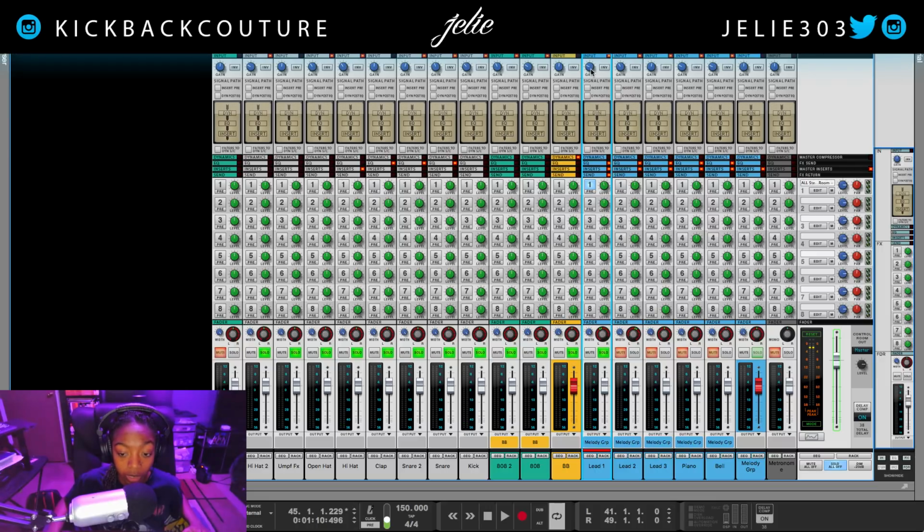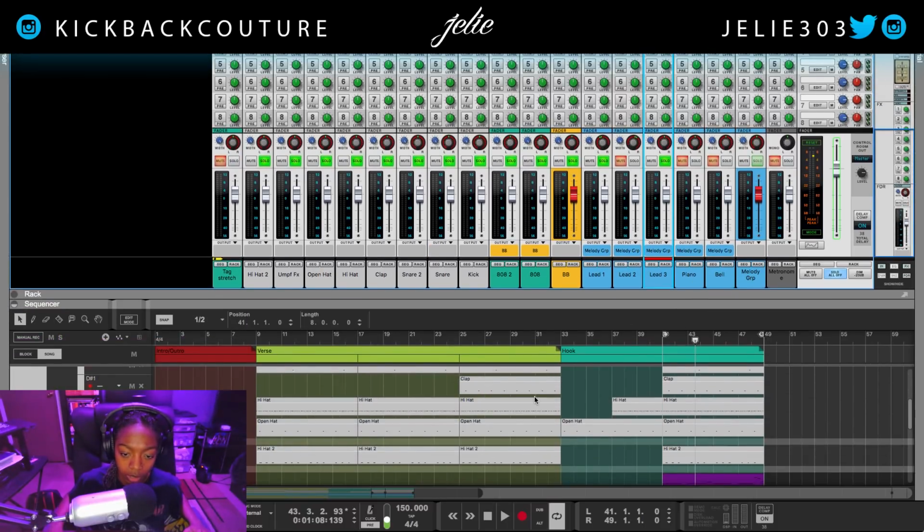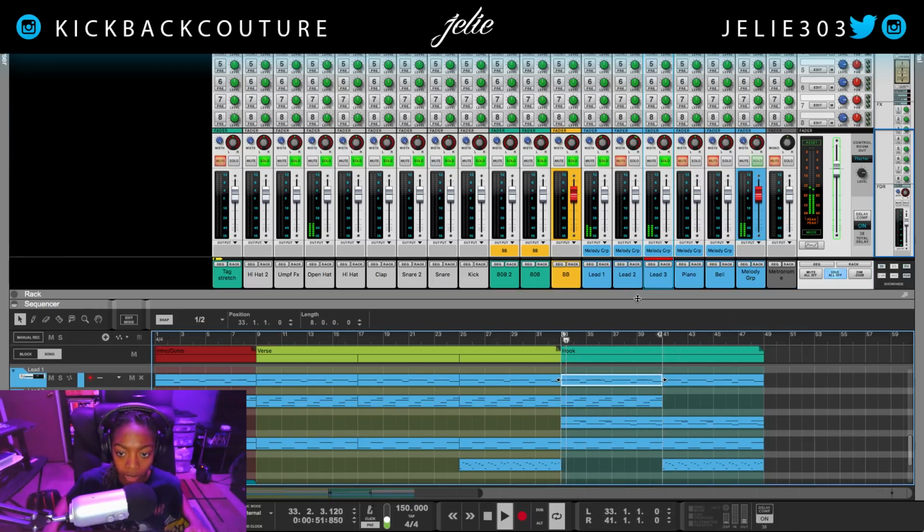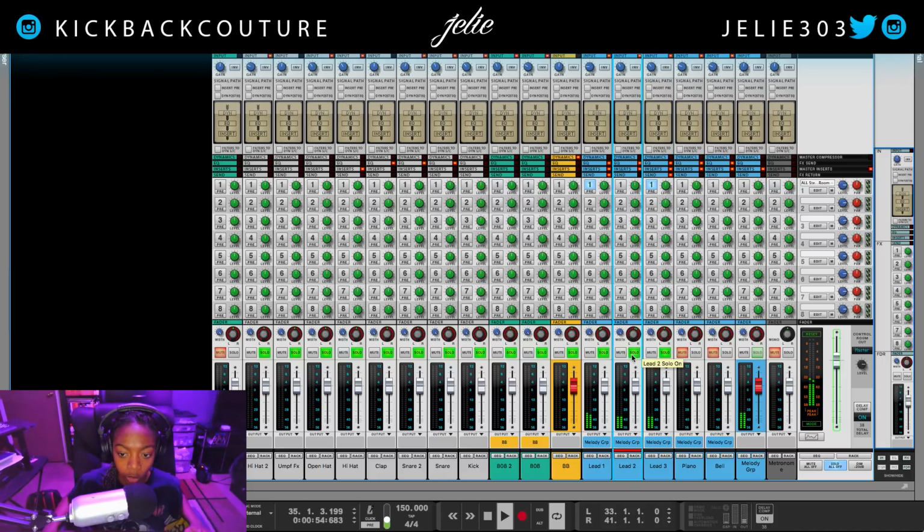So I'm definitely going to want to turn it down after that. Next sound in this section is lead 3. And if we remember, in the previous section, lead 1 and lead 2 are playing at the same time. So let's go back to that area. Make sure these levels are still the same